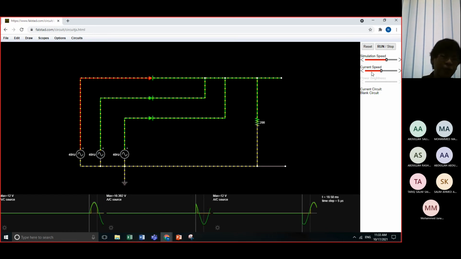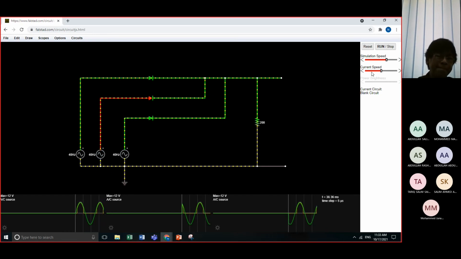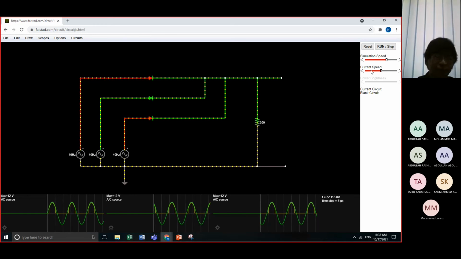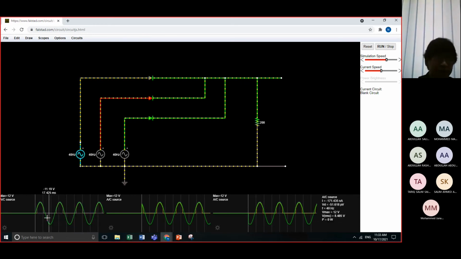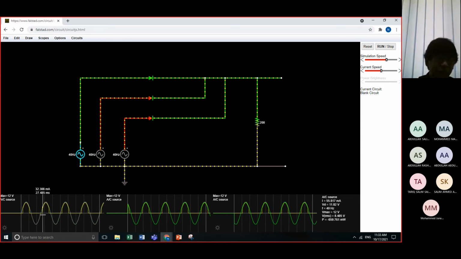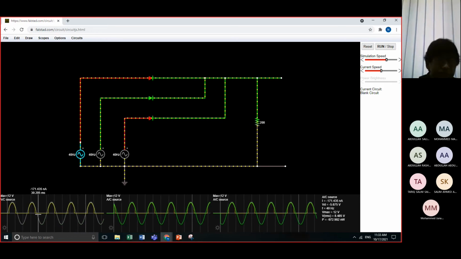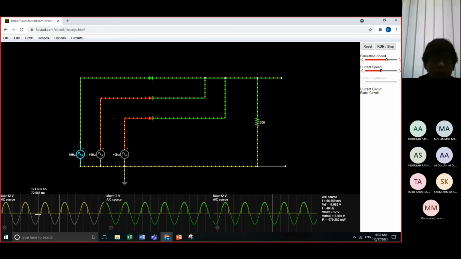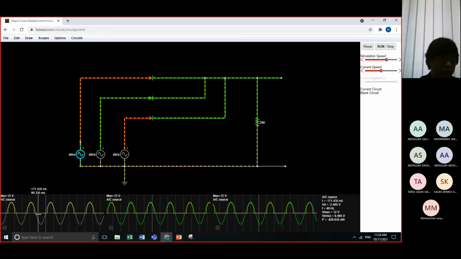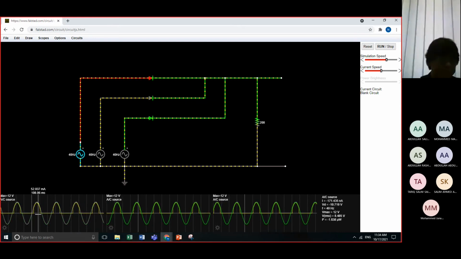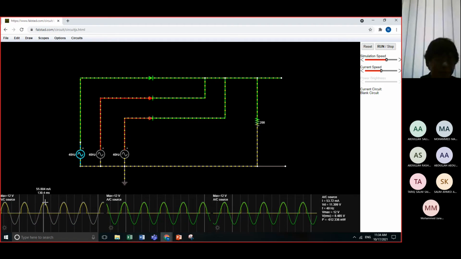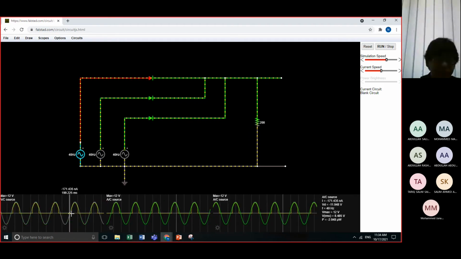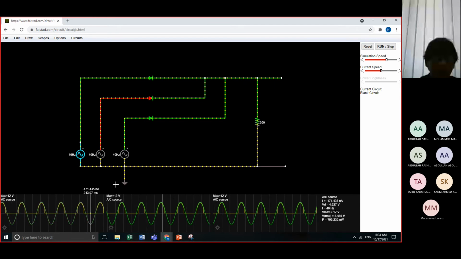You see the output? This is full wave actually. Did you see the output here? It is in the form of a full wave. It is a half wave, brother. It is half wave. Did you see? It is a half wave here. It is in the form of half wave.